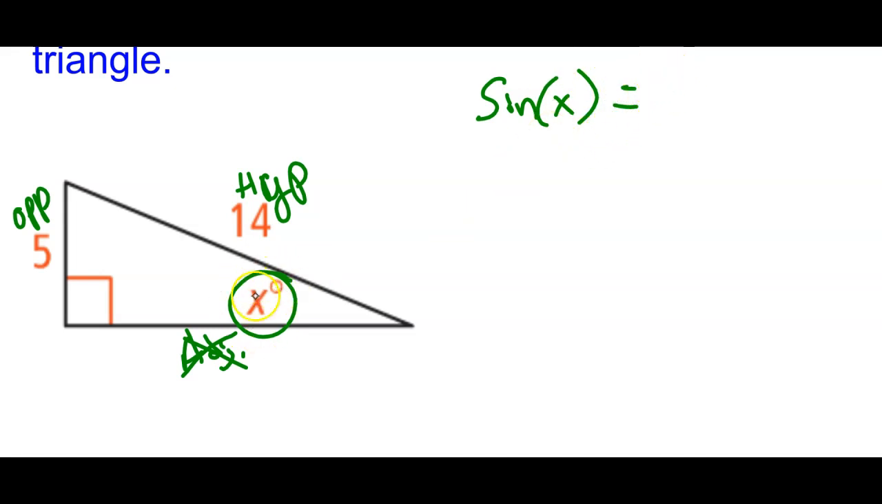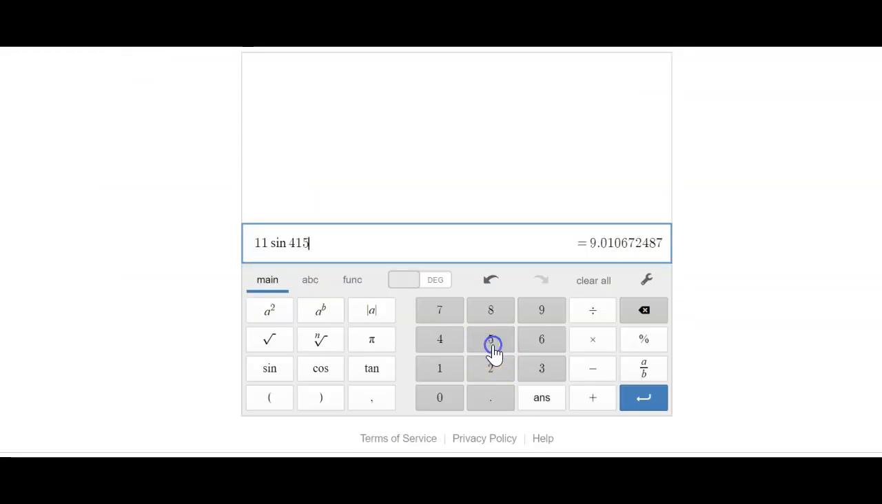Whenever I'm talking about the sine in a triangle, you take the side opposite the angle and divide it by the hypotenuse. So we've got 5 over 14. Now, if I were solving this using the trig table, what you want to do is divide 5 by 14. So if I say 5 divided by 14,